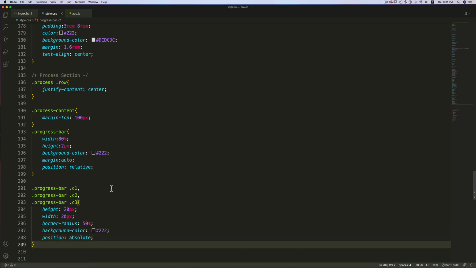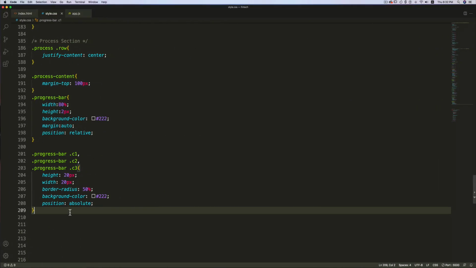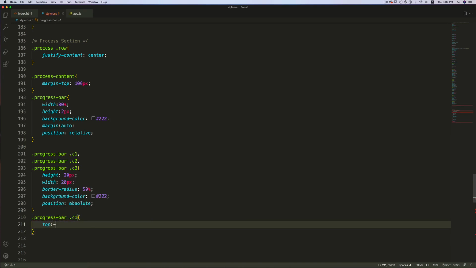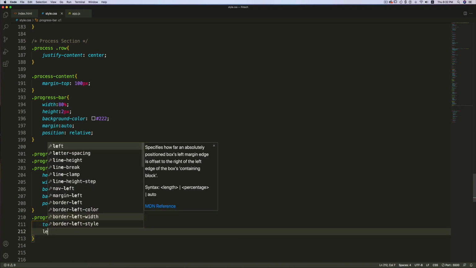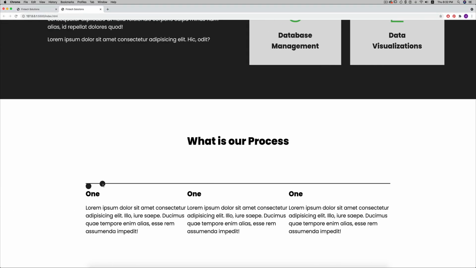Now I'm going to work on the individual circle. First let's see. So we have all the three circles at this place. So I'm going to target the circle C1. I'll set the top to -8 pixel and left to 50 pixel. So the first circle is here.